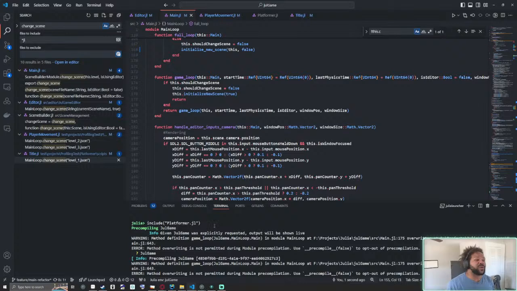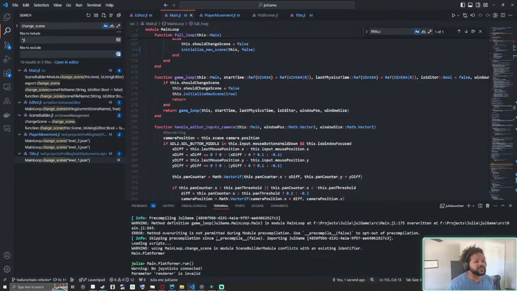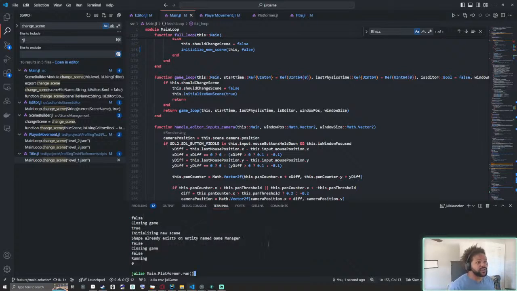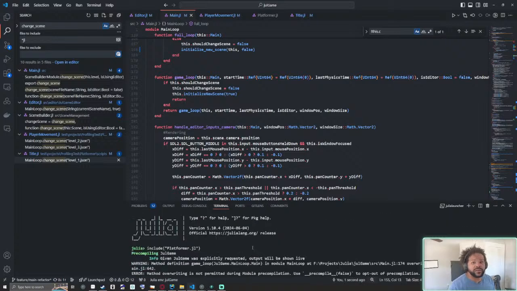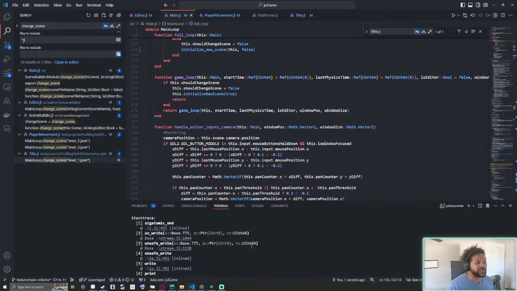Don't get me wrong, the stack trace is a lot better in my opinion than C sharp, because C sharp sometimes just feels annoying to navigate and see where things are coming from. I think the Julia ones feel a lot easier to read and to navigate, and then when the errors do come up,